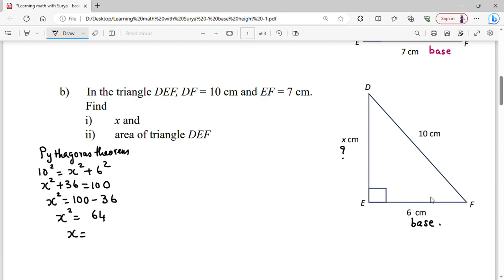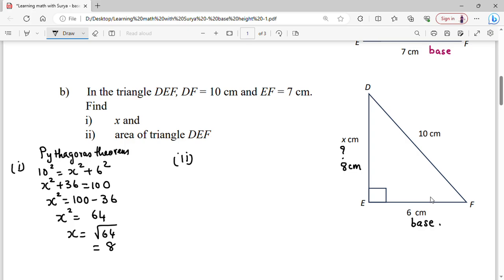X will be root of 64, which is 8. I am only taking the positive value because this is the length and the negative sign is not applicable since it is the length. Now once I've got my x, which is 8 cm, I can now go on to